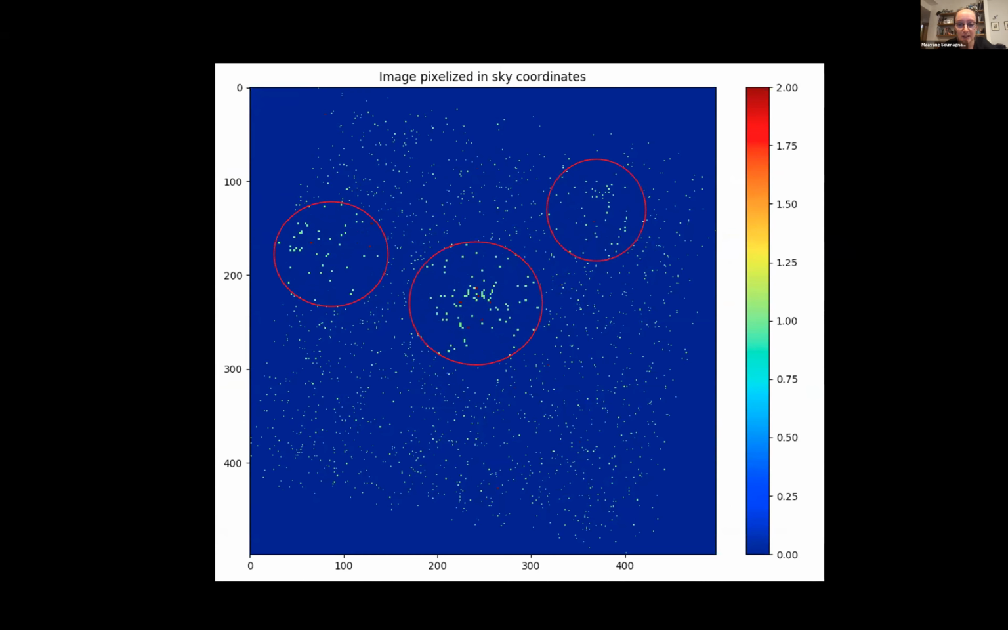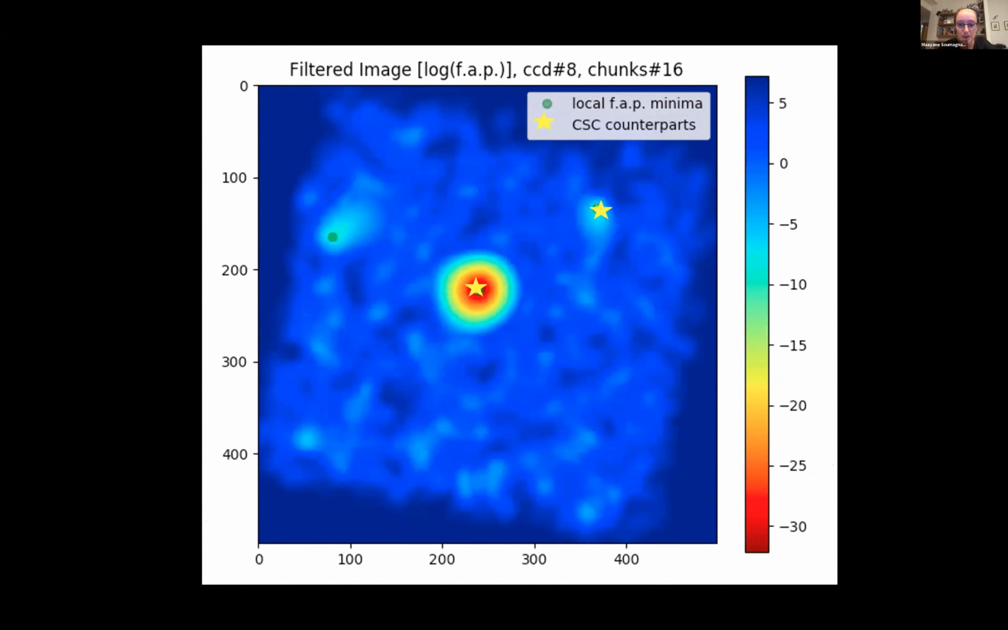But when we filter the image with the Ofek and Zakai optimal Poisson match filter, we see 3 distinctive blobs. And 2 of these, shown as yellow stars, are known Chandra sources. But here we have a detection that is not in the Chandra source catalog and could very well be a newly discovered transient source. And in fact, we find many new transients like this one, which are not included in the Chandra